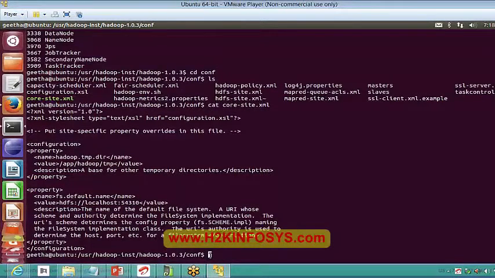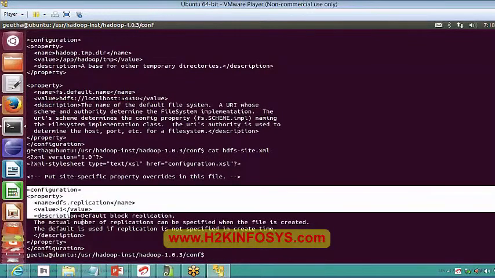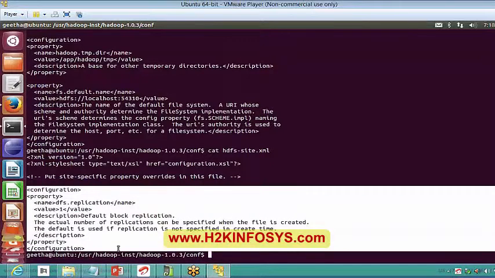Okay, let's see the next one. In hdfs-site.xml, I have only one single property, that is the replication factor.